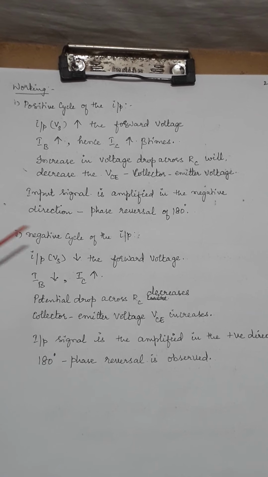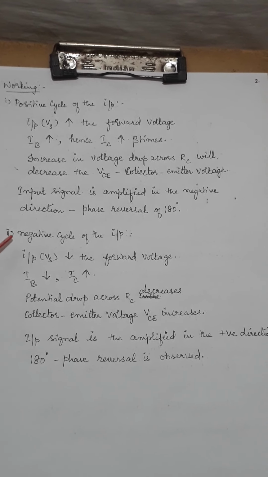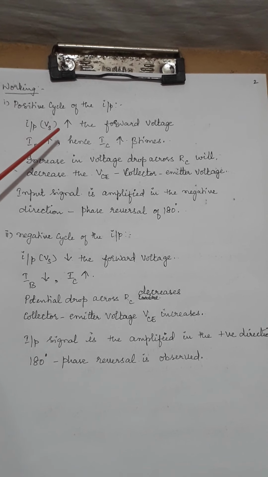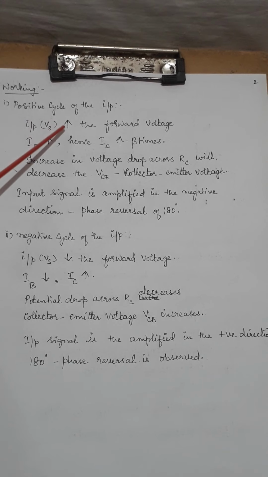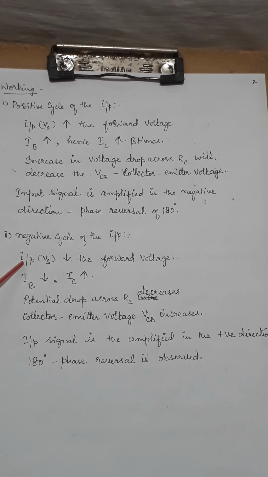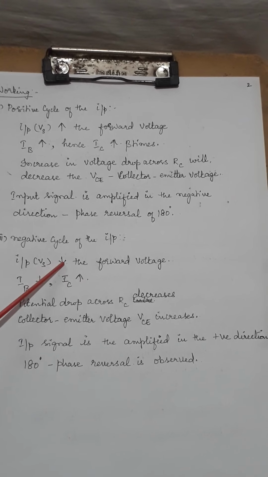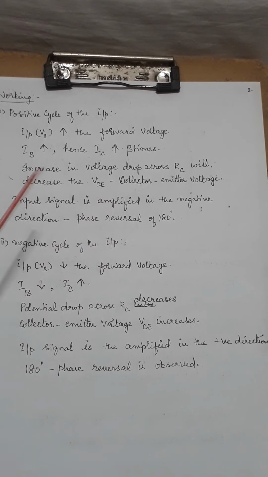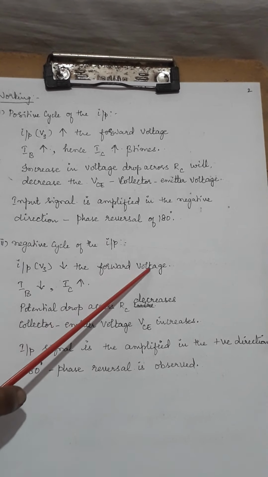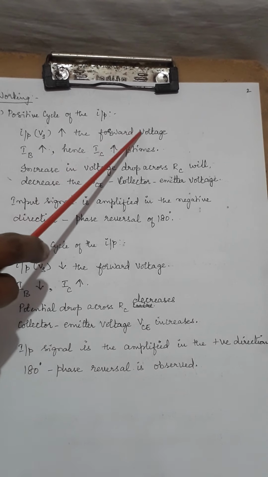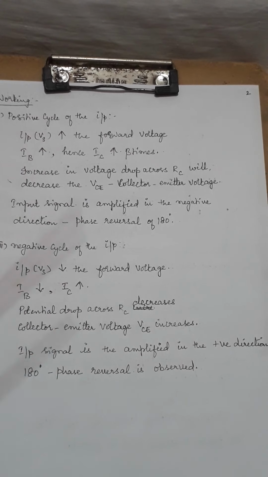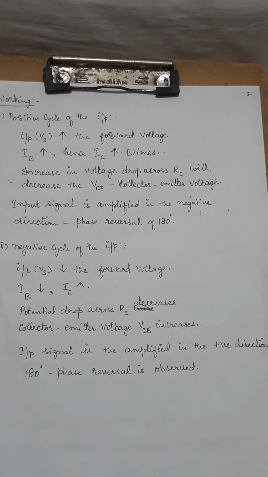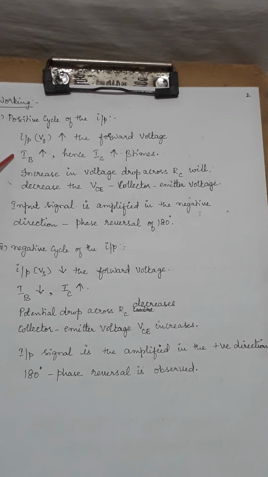So now the negative cycle of the input. Okay. So where it is just quite opposite to this positive cycle, children. Here you had input increasing. So here what you will have, input Vs will decrease. Okay. That is why I have written forward voltage. If it is backward voltage, it should increase. But I have written forward voltage decreases. Here forward voltage increases. Because it is going to move in the positive direction, it is going to move in the negative direction. So what will happen to IB here?